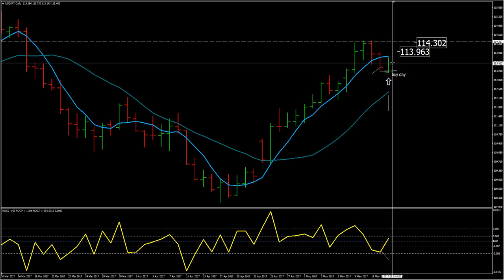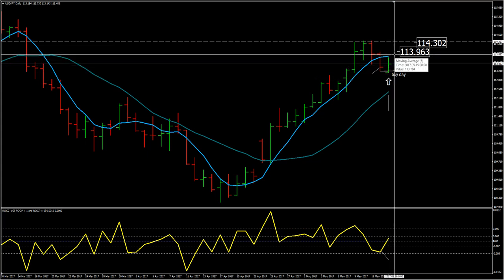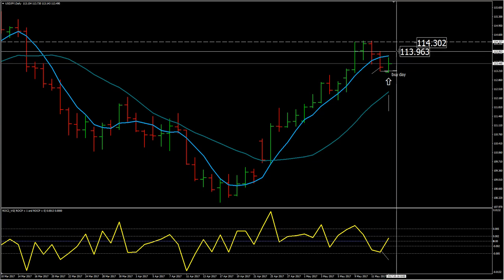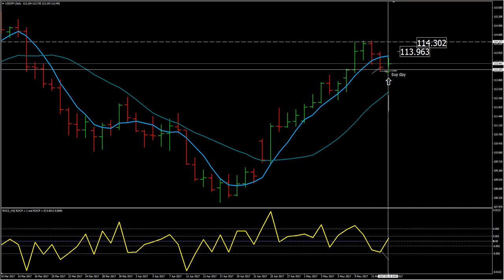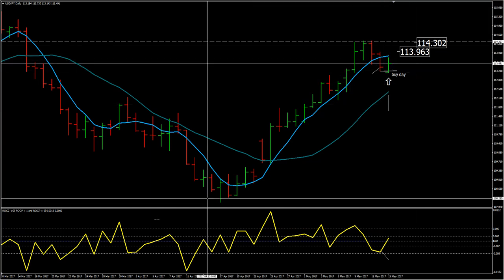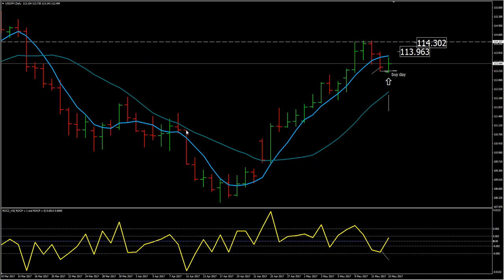I expect the price to go above the 5 simple average, which will be around the whole 114 level, but we'll see. We have plenty of time till the end of today. So this is also one model which is tested by Taylor and traded not on the forex basically,